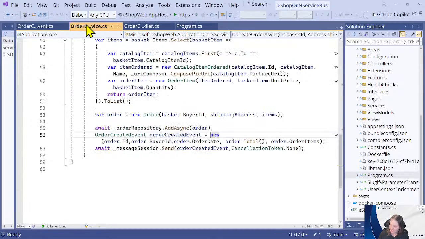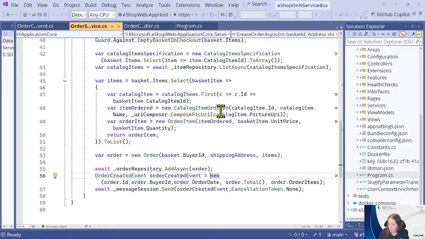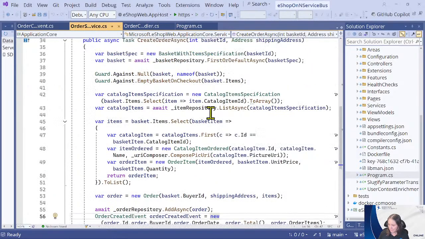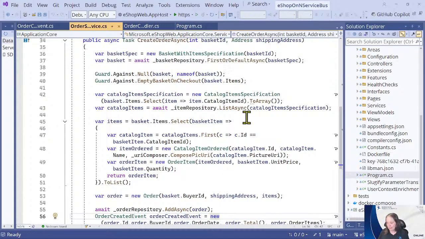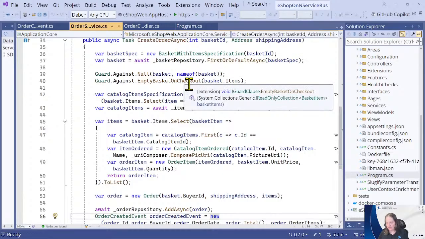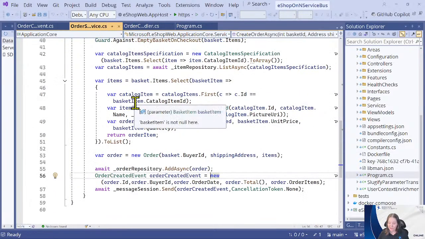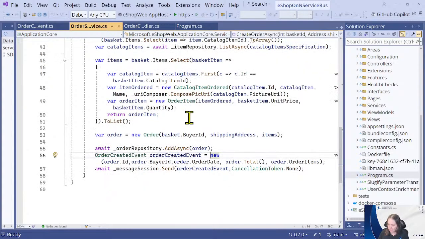And I have my service. In my order service, you can see I'm in CreateOrderAsync. When I create the order, it's going to do some stuff converting from basket to order. We will revisit basket to order in another demo, so that's why I pointed it out here. Then once we do this AddAsync, okay, the order's created. Now let's go ahead and publish the event. So what do we have? We have this order created event with all of the things that we want to see.